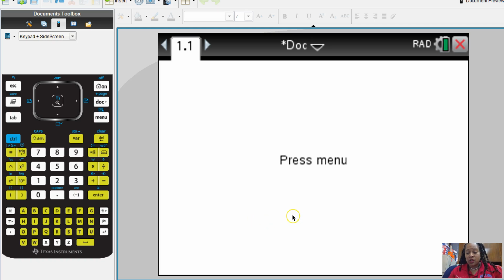All right, guys, I'm going to show you real quick how to use sliders on your Inspire so that you can investigate how to compare different quadratic equations with each other, so that by the time we get to the end of the 6 weeks, you'll have mastery of it and you'll know how to show the strategy to the students. Again, this is not for you to show this week or next week,